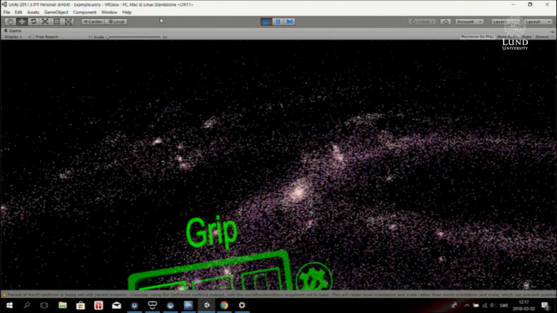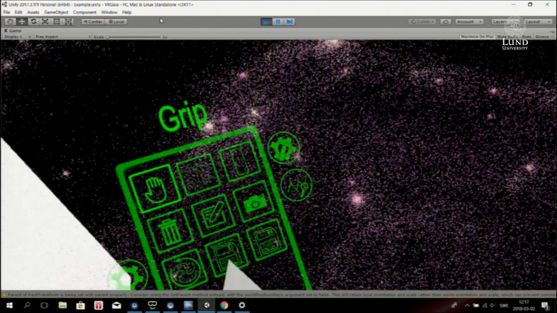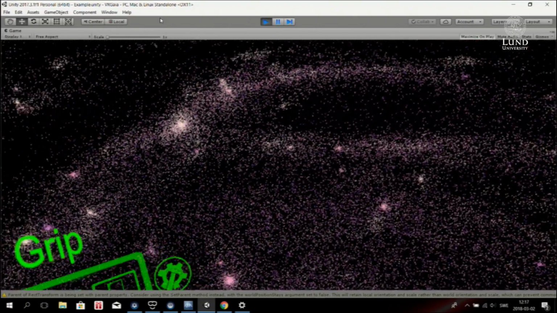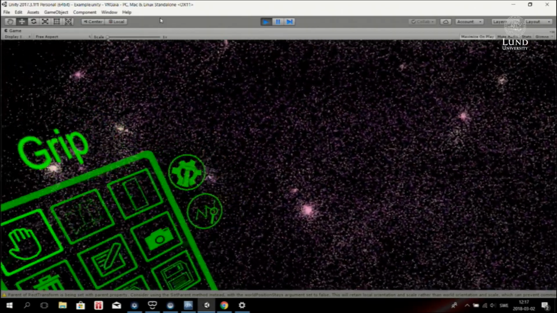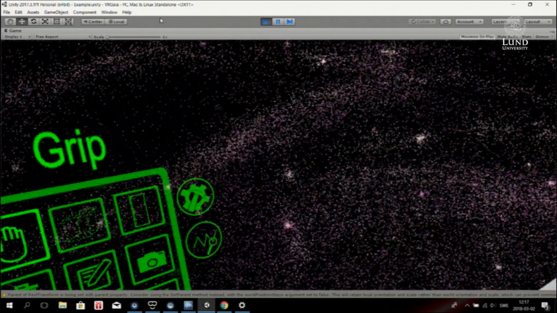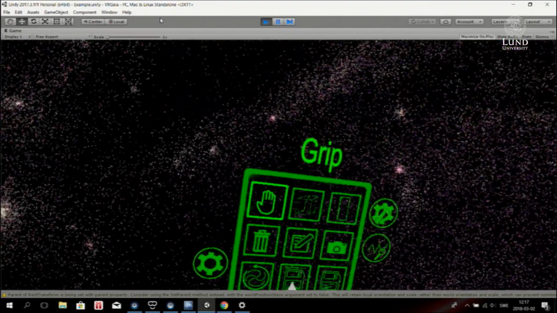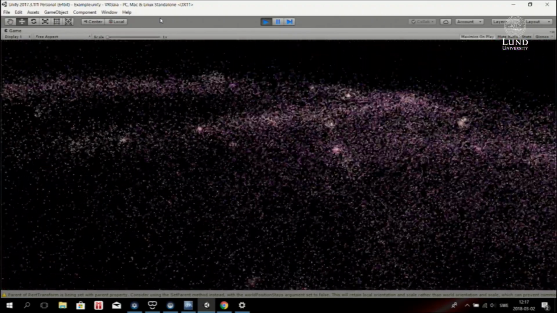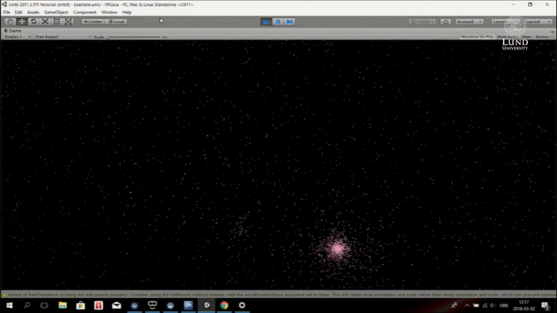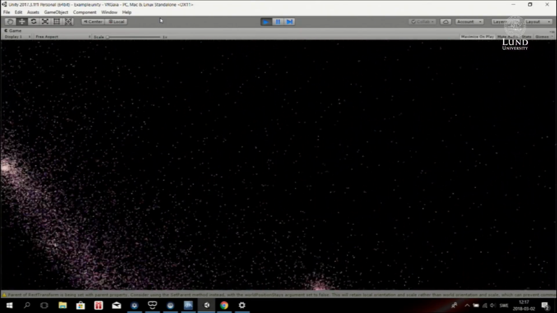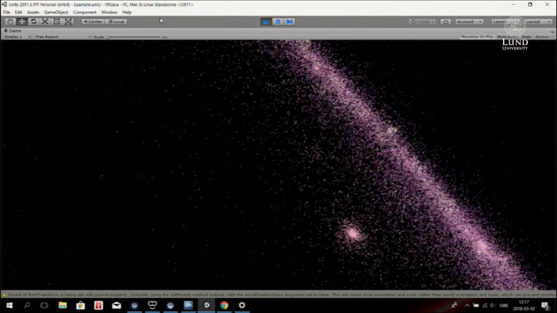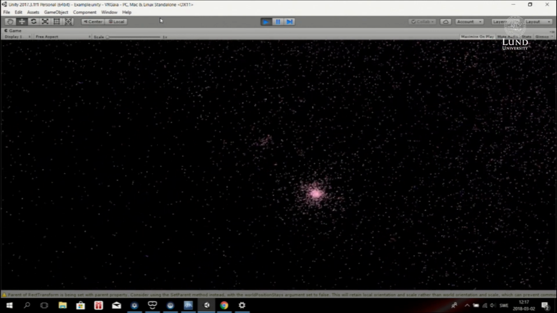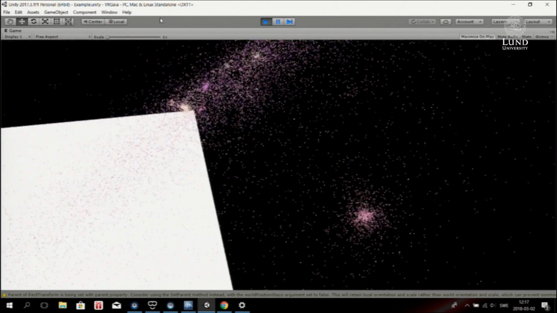Yes. Okay, so I guess when you have this in more of a room setting, you can position the galaxy where you want and just walk around it, right? And I guess what you can do now is lift the galaxy up with your right hand and just hold it in front of you. Okay, so it's a little wobbly. Now you're looking at one of these star clusters that's formed, right? If you just leave it there, you can walk up to the cluster and have a sneak peek right in front of it.